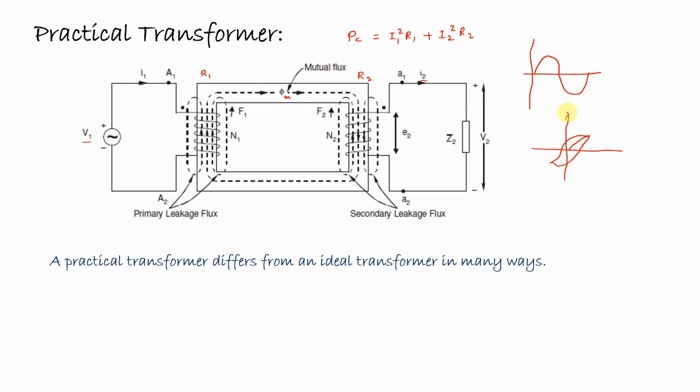It is basically the B versus H characteristic of a magnetic material. Because of the alternating flux, it creates a loop. This is called the hysteresis loop. And the area of the hysteresis loop depends upon the coercive force and the retentive force. And these two combined create a loss. This is called the hysteresis loss.